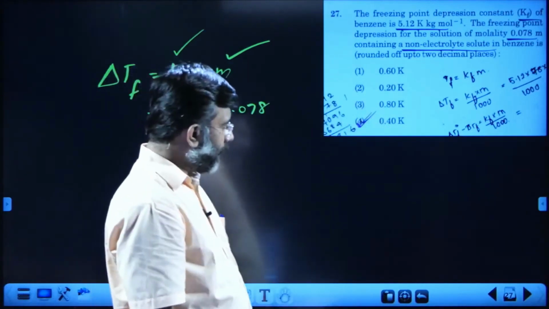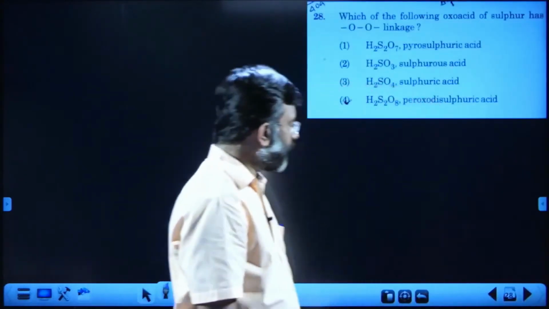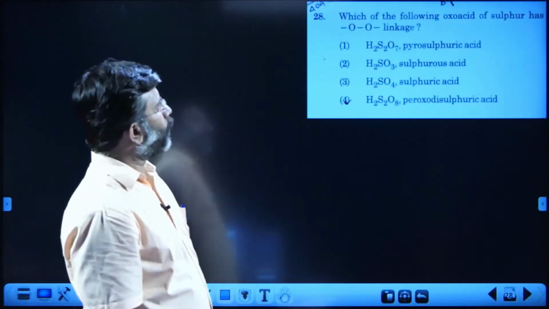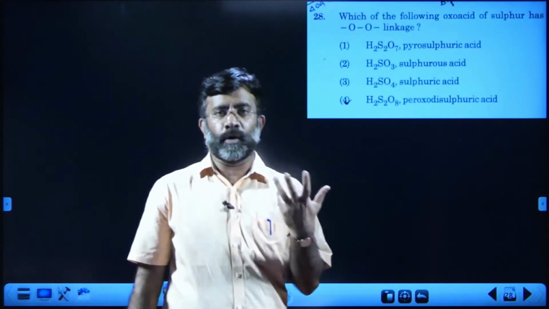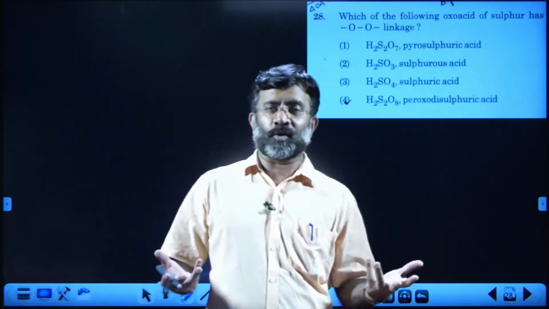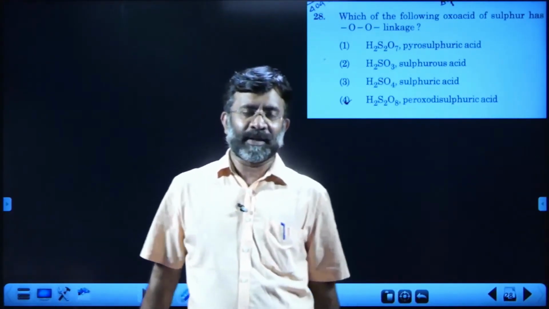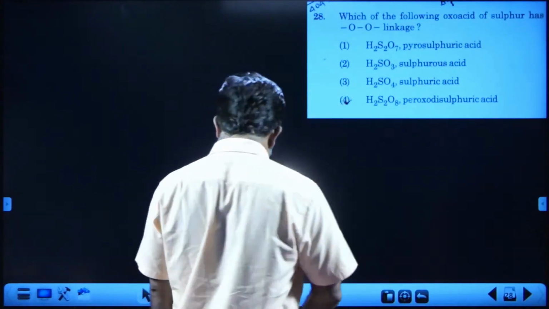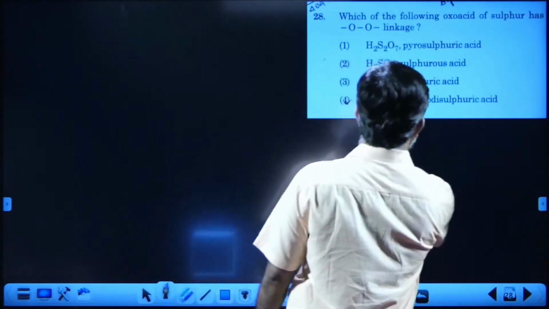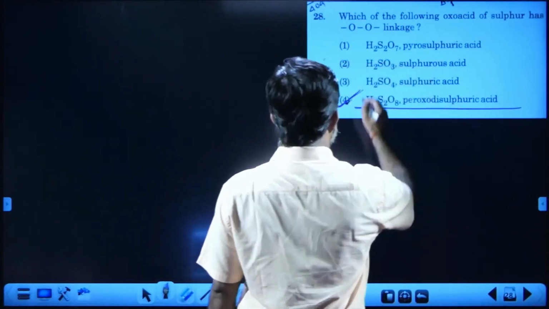Question number 28. Which of the following oxoacids of sulfur has an OO linkage? Even if you don't know the structure of those molecules, you can answer because OO means peroxo, and your answer is peroxodisulfuric acid,